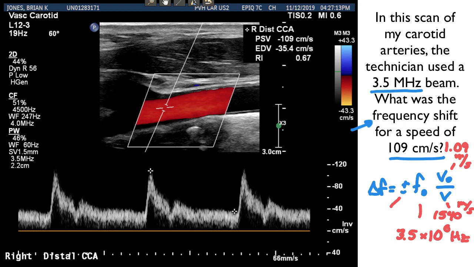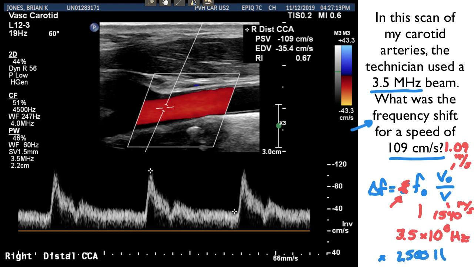And then there's a plus or minus, and the plus or minus just says you get a shift to a higher frequency if the object is moving closer to the detector, and you get a shift that is lower in frequency if it's moving away. And it turns out I really don't care, so I'm not going to worry about the plus or minus. But with all those numbers in hand, I can calculate a frequency shift. And what I get is a change in frequency of about